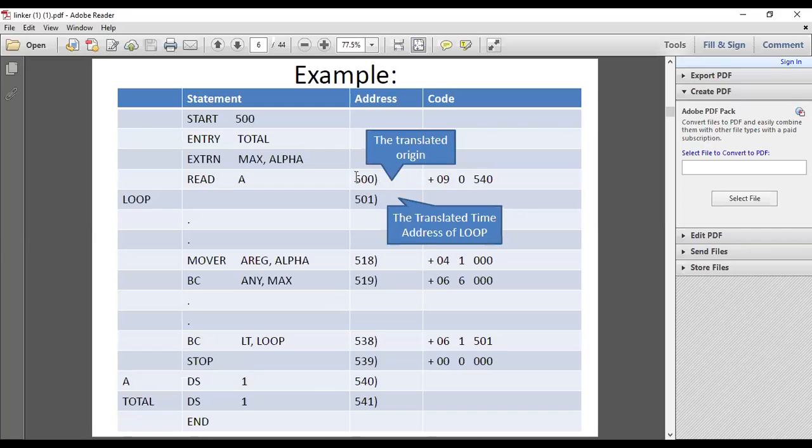In the program, we have an address-sensitive instruction, read A, because we want to calculate the relocated address for this A. And we have a second address-sensitive instruction at 540.